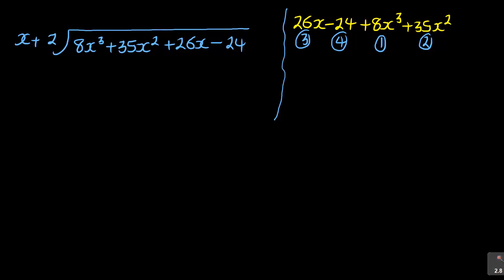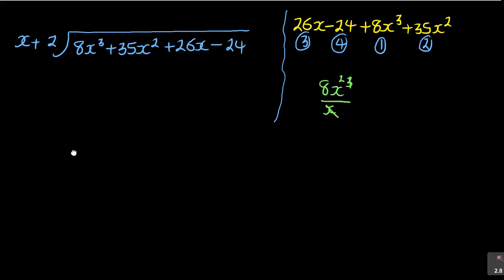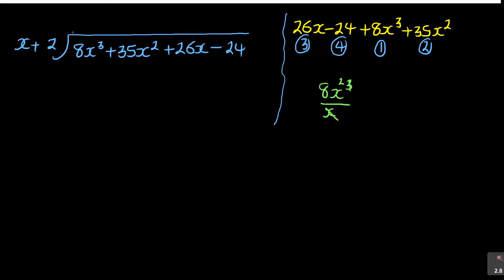The first things first, what you do, you take the 8x cubed, you divide it by that x. All right, so over x, so the x cancels, x into x cubed. There is 3 of them, 2 of them will remain. So you write that particular x squared on top to say this is 8x squared. Then the 8x squared will multiply that. So when it does that, you are saying 8x squared multiplying x plus 2.